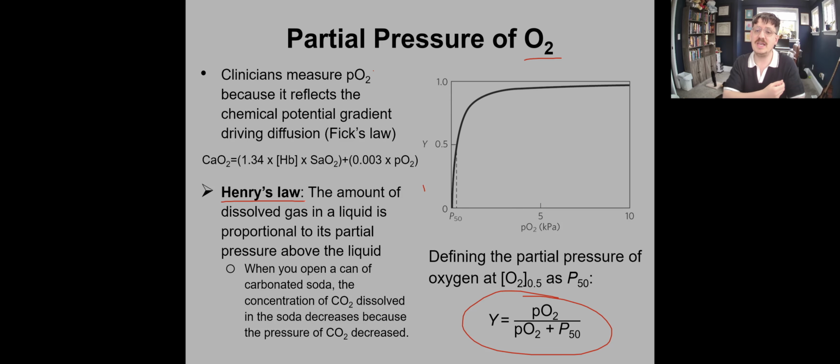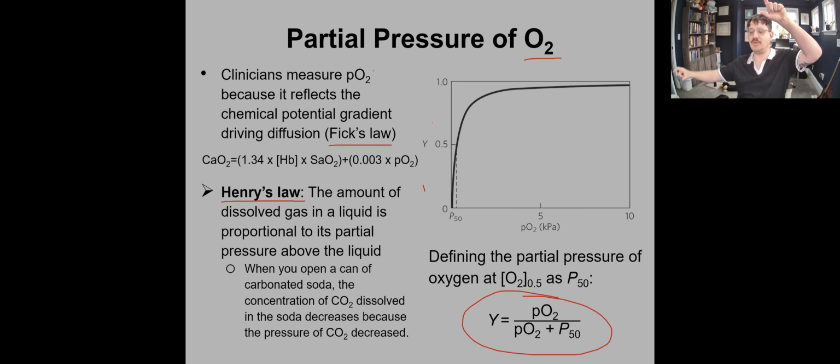But also another thing is that clinicians prefer to use the PO2, the partial pressure of oxygen, because it reflects the gradients. The partial pressure of oxygen is going to be greater in the lungs and the arterial vessels, and then the pressure is going to be lower in the venous blood vessels and the tissues. And according to Fick's law,